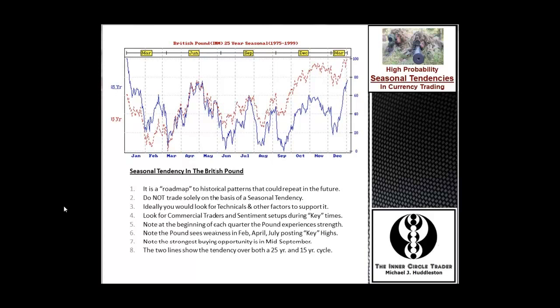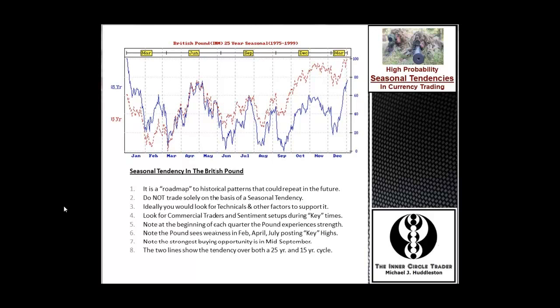Basically, you want to look for technicals and other factors to support the idea that the seasonal tendency for a given time frame that's highlighted on this graph, and we're going to go into detail in a moment, will come into play. You want to look for technical reasons. And if you're a fundamental hound, look for fundamentals to give you an inclination that the seasonal tendency may come into play. Again, because it's not perfect, it does not guarantee future profits. It just gives you one more long-term perspective on when price should be making a low or making a high. If you just sit on your hands and wait for that time window and trade accordingly using your tools,